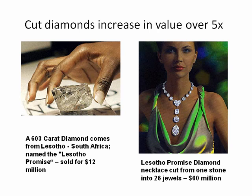A cut diamond increases its value by over 5 times. Here was the Lesotho, okay, right? It's called the Lesotho Promise. The name, when you find the diamond, gets one name. Once you cut it into a gemstone, it gets a different name, right? So there it is. It was